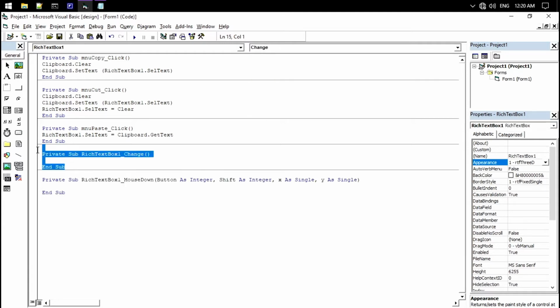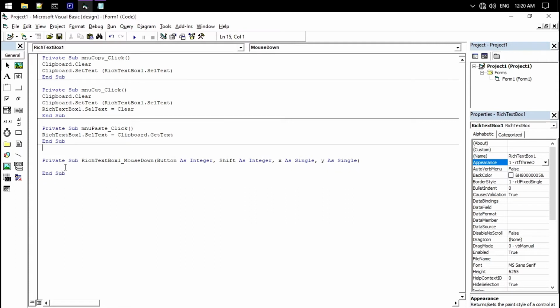And just remove this thing. You don't need that. Now if Button is equals to 2, that means the right mouse button. You can use either 2 or vbRightButton, both will work. Then If Button = vbRightButton, then